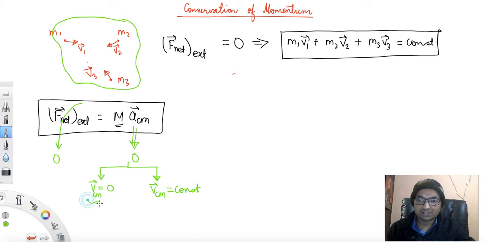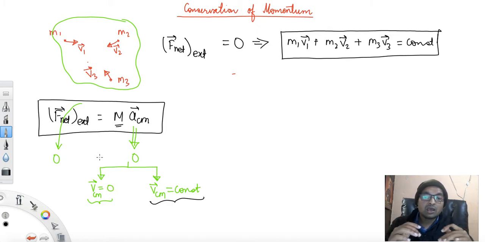So what does the first case mean? First case means that if center of mass is at rest and no net external force is acting on the system, then center of mass will continue to be at rest. This forms Newton's first law for center of mass. And case number 2 indicates that if net external force is 0 and center of mass is moving with some velocity, it will keep on moving with that velocity in terms of direction and magnitude, so that its velocity is going to remain constant.